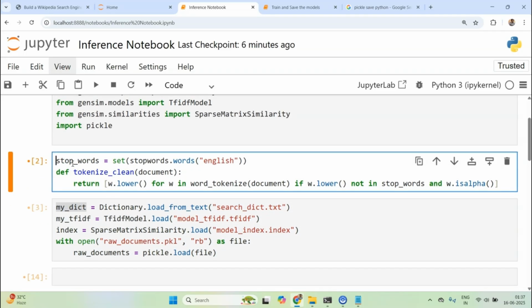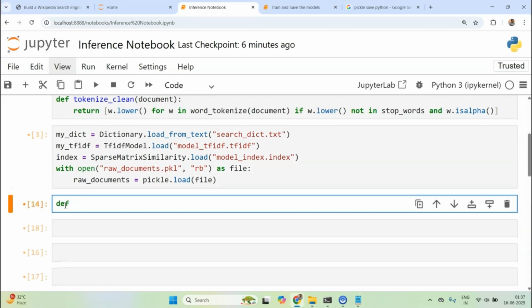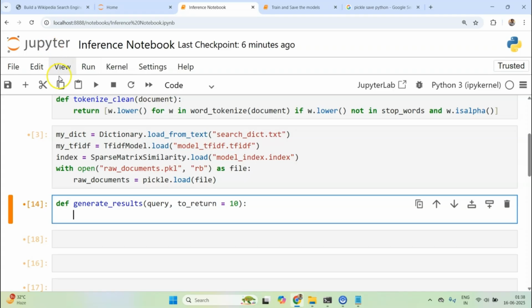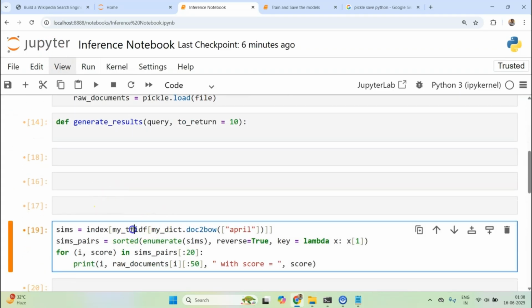Loading will happen only once, but I'll define a function that I can call generate_results. It has a query, and by default we want to return 10 results. So what do we want to do with the query?